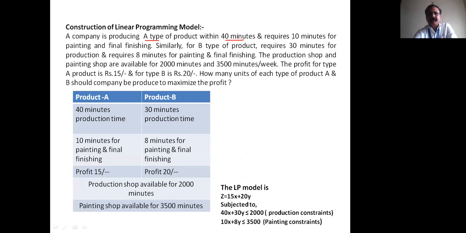It requires 10 minutes for painting and final finishing. Similarly, it also produces B type of product, but it requires 30 minutes for production and 8 minutes for painting and final finishing. The production shop is available for 2000 minutes, and the painting shop is available for